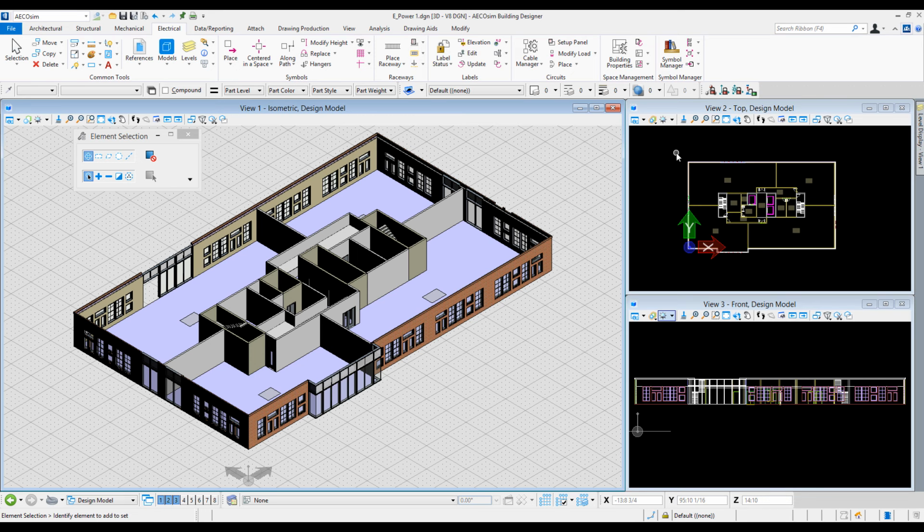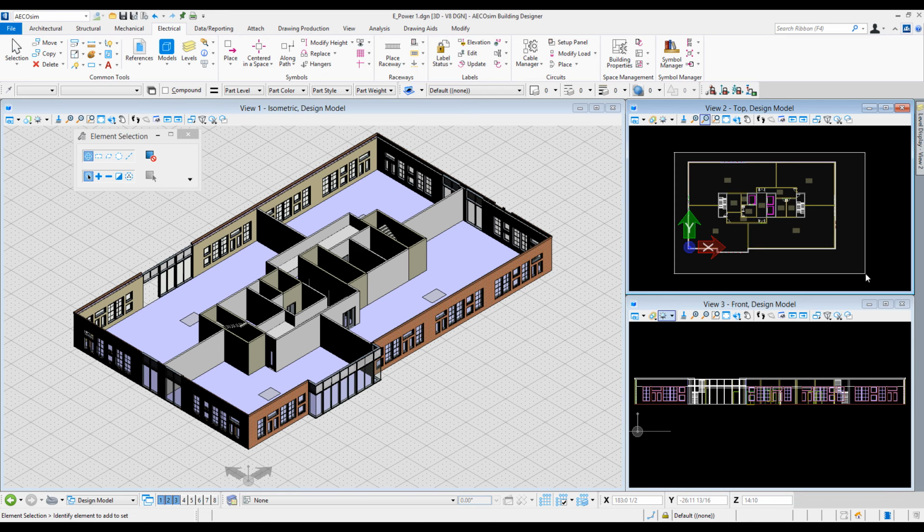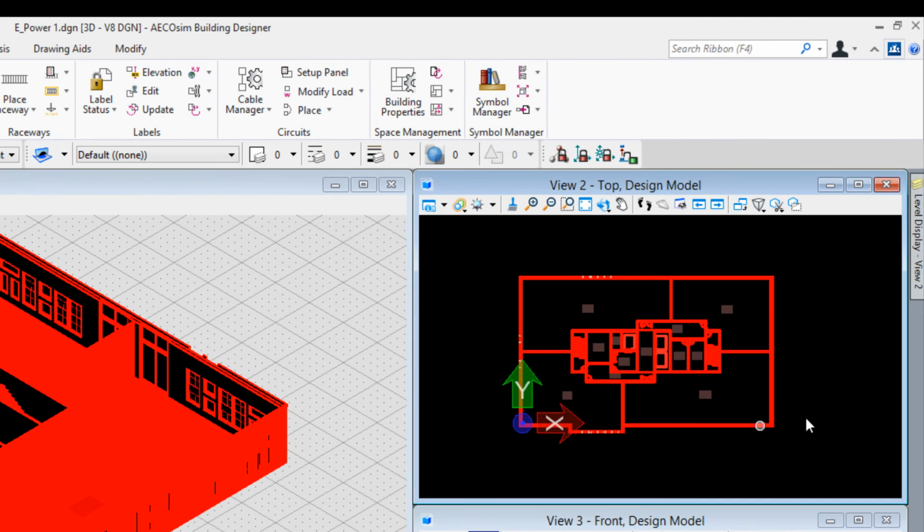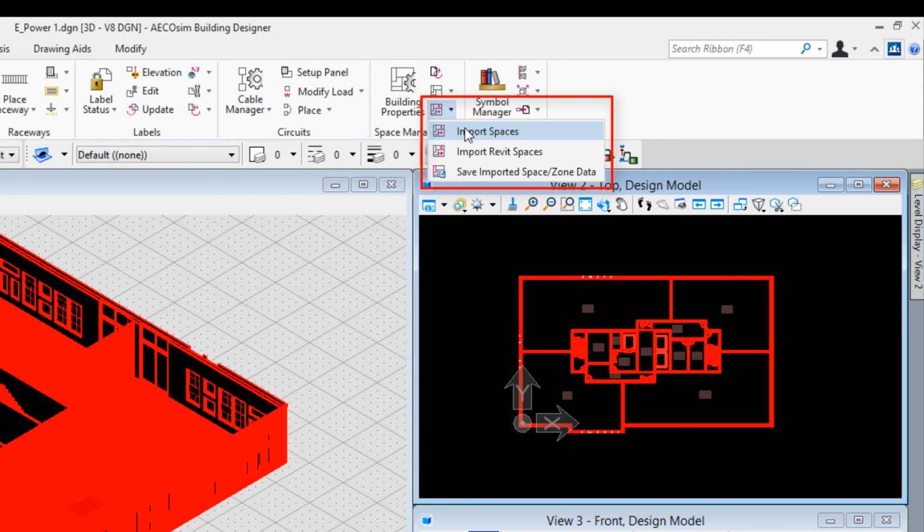So I'll come to my View 2, which is in a top orientation, with my element selection tool, and I'll just drag from left to right and select basically everything in that reference model. And then up here in the space management group of tools, notice this set of tools right here where we can say import spaces. So I'll choose import spaces,